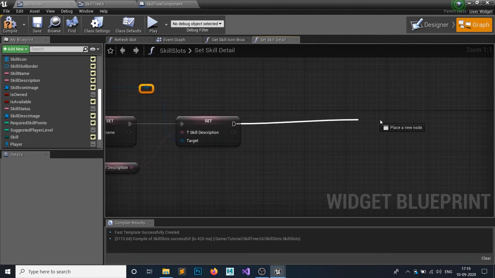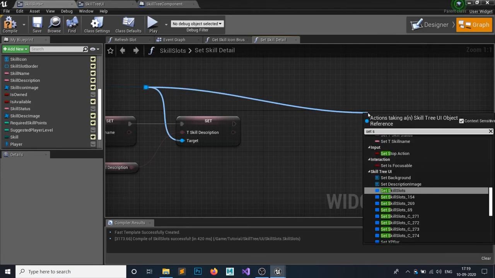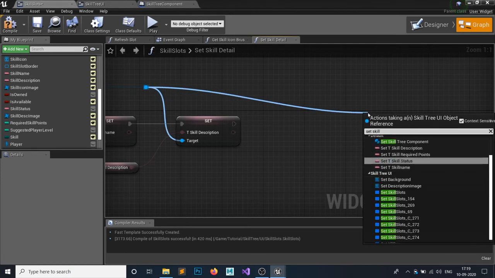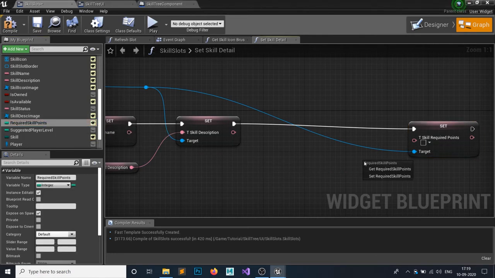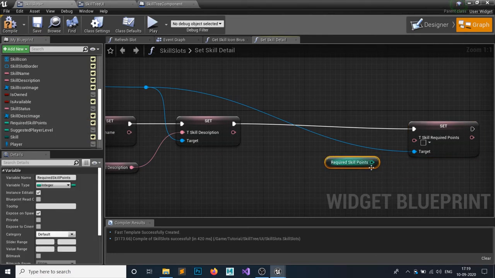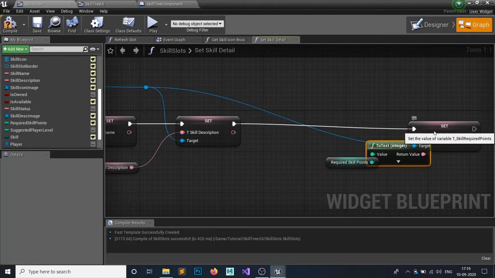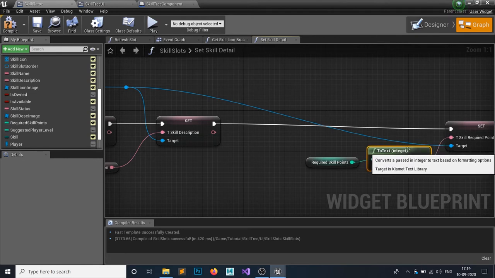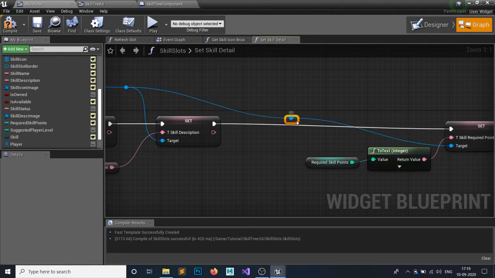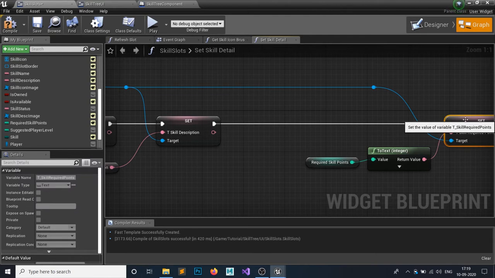From this node actually, sorry, set skill require points, and we're going to set it to whatever the skill points required. So get the skill points and set it to here. You can see this little conversion node, but it's okay, this will work. And add a reroute node. By double clicking on this blue node you can add a reroute node, and this looks good.